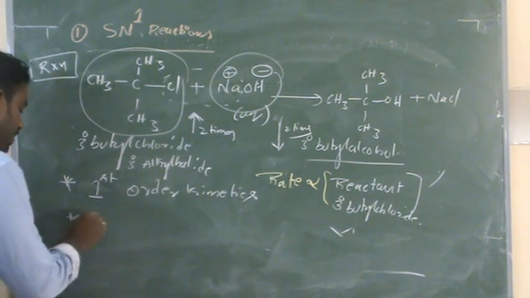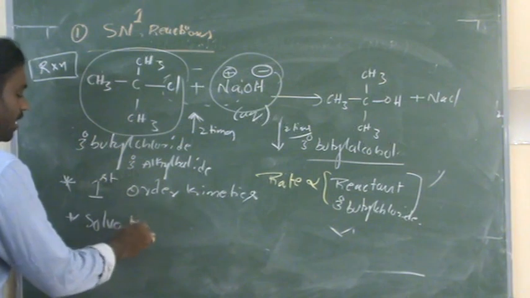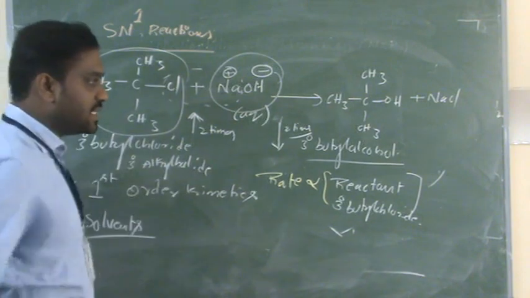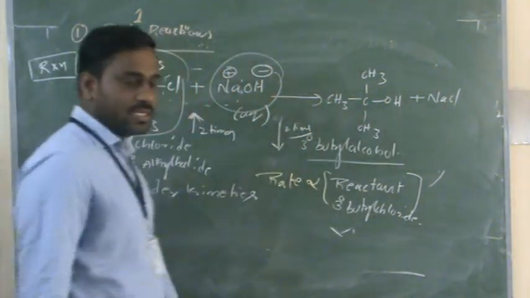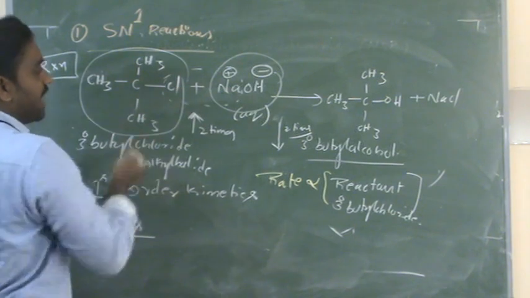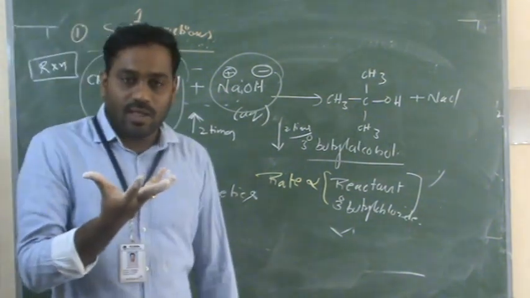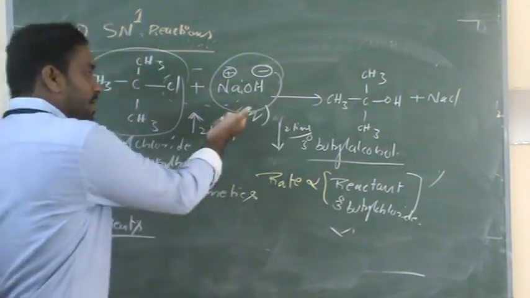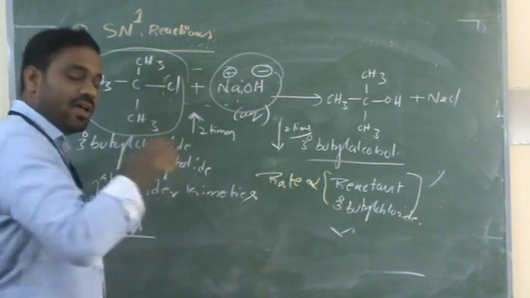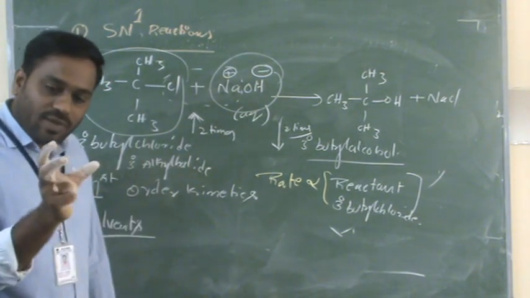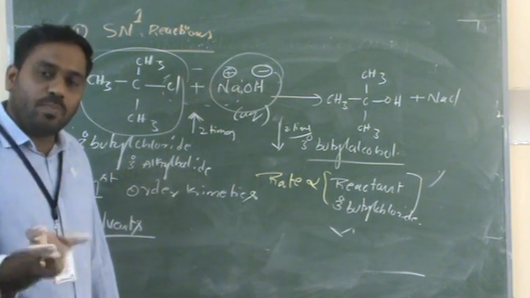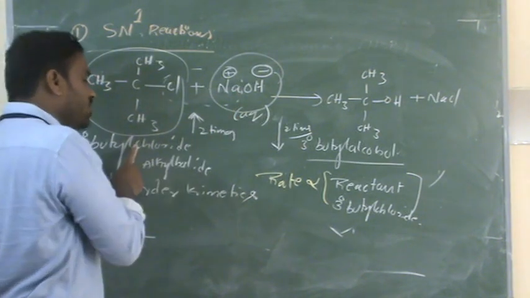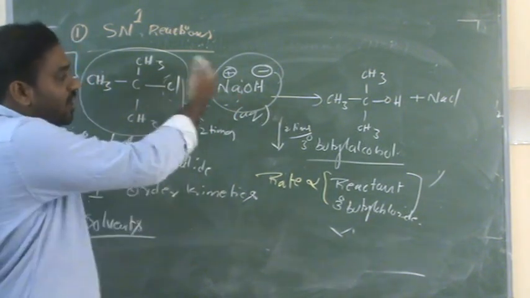And there are some solvents we use here. What is the meaning of solvent? This I can call a reactant, and this I can call a product. Both reactants we have to take in one beaker. So one may be dissolved in one liquid, and the other in some other liquid. The solvent should be able to dissolve both the NaOH and the tertiary alkyl chloride.